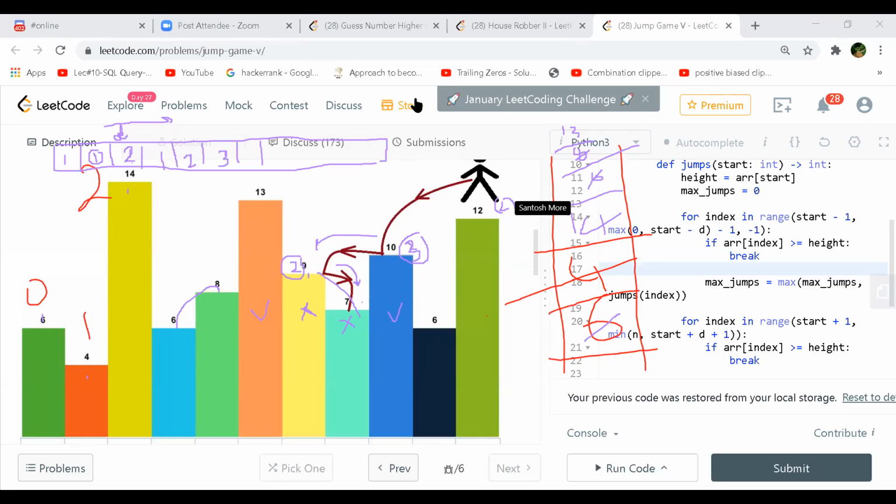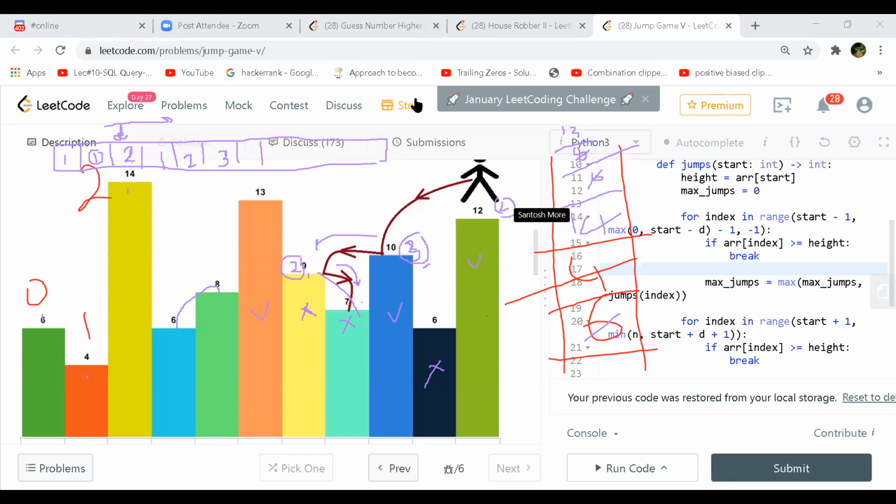But you will pop out 6 also. Then when you are looking for the distance between 12 and this 10, these are the only two candidates now, because 13 is maybe very far. From 12 to 10, you see the value of 10, which is 3. If you add 3 plus 1, which is 4, that is surely greater than 2, which is already in the 12.